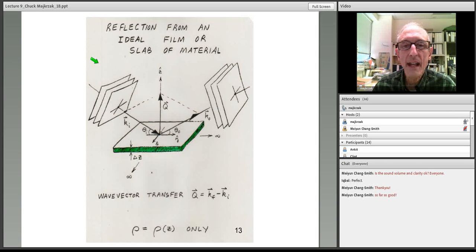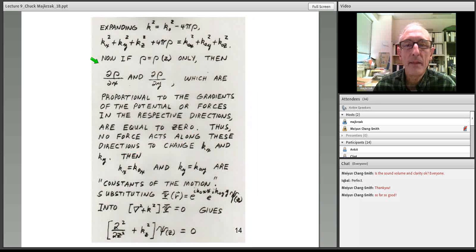But in any case, this particular geometry with the angles of incidence and reflection equal, and the density being a function of the z-axis only, this problem reduces nicely to a one-dimensional problem because the variations of the density in plane, in the x and y directions in this particular reference frame,